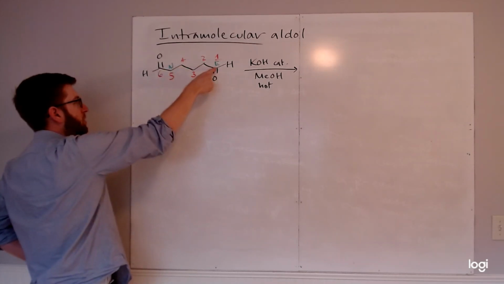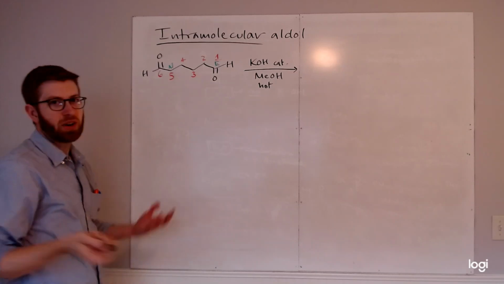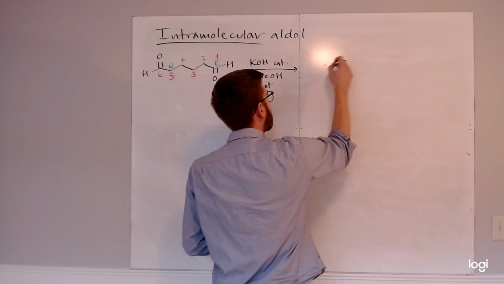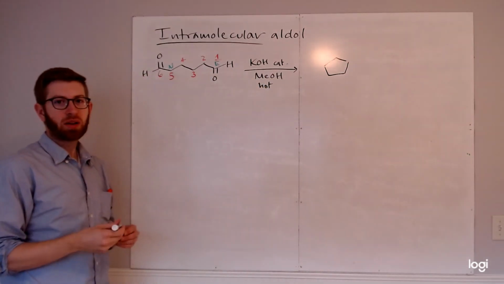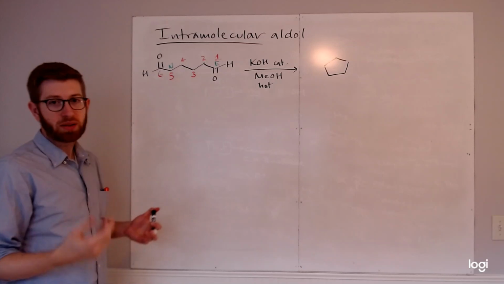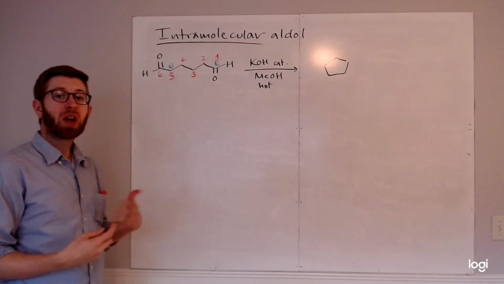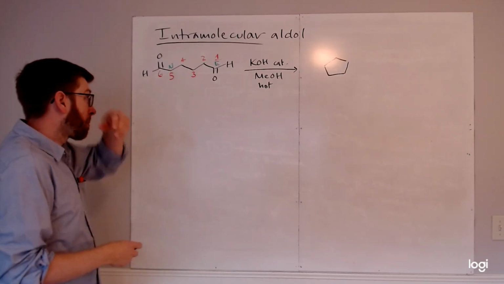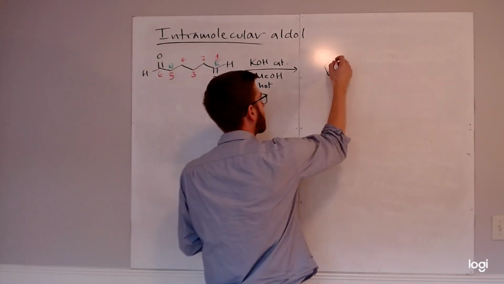And there'll be a new bond between E and N. So I can just draw a pentagon, a 5-membered ring that looks like that. I get to decide where carbon 1 is. I can place it anywhere in the ring to start, because all that matters is relative to where carbon 1 is, where everything else goes. So I'm going to make the decision that carbon 1 is at the very top of the ring, and I'll number around